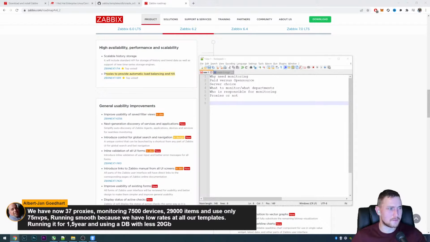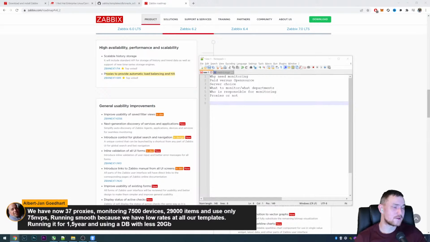That doesn't sound real. Running smooth because we have low rates in all our templates, running it for 1.5 years and using a database with less than 20 gigs. Well, if you have update intervals that are not frequent at all, I cannot do the math right now in my mind, then it could be real.